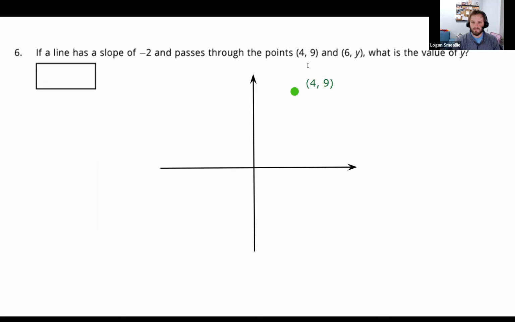So then I'm at 6. So I need to go over to 6. So I'm going to go over a little more than where I was at the 4. And here, let me label our X and Y. You don't always need to do that if you're writing it out for yourself, but it helps us remember where our X, Y goes. So we're going to go over a little farther. And I know it's going to be somewhere around there. Why there? Because since I know we have a negative slope, we need to be going down. But the slope is -2, and that's not a super duper steep slope. So I don't think it's going to get all the way down here.